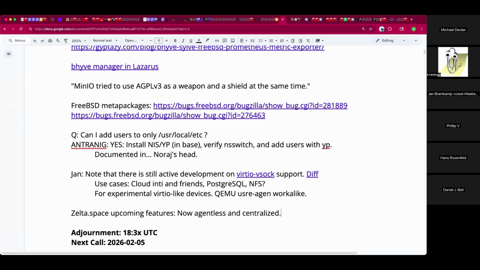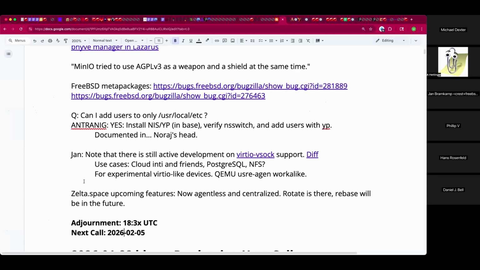Sure. So are things like rotate and rebase in this current upcoming version? Rebase isn't. Okay. Rotate actually came out in early 2024. Oh, okay, cool. So it is a little more resilient now, but rotate just lets you do a 3 or 4 way fork of a VM or anything really.